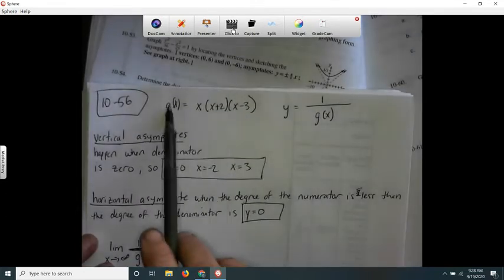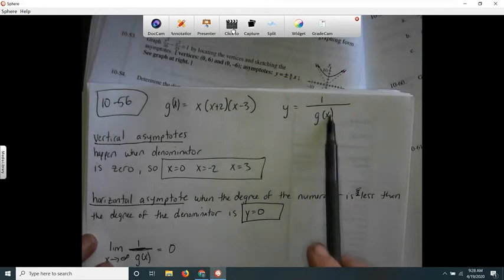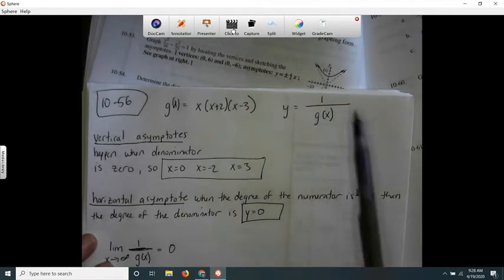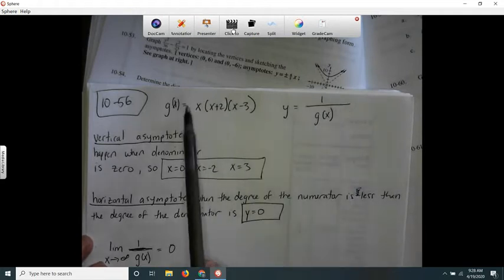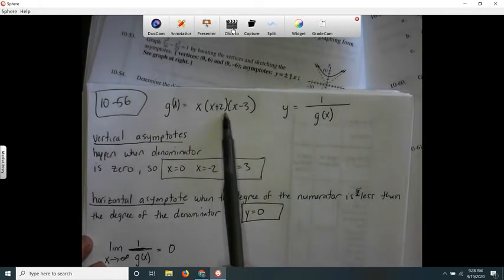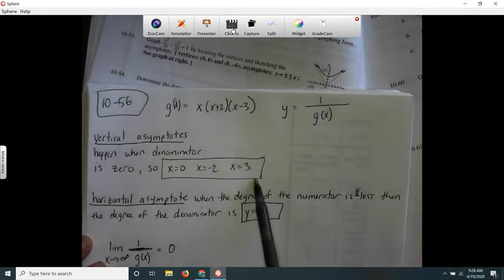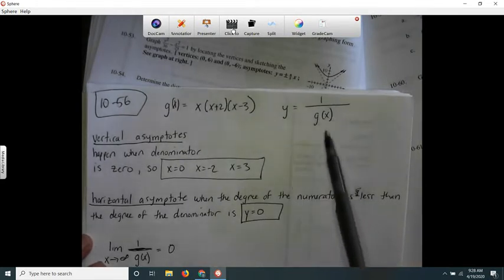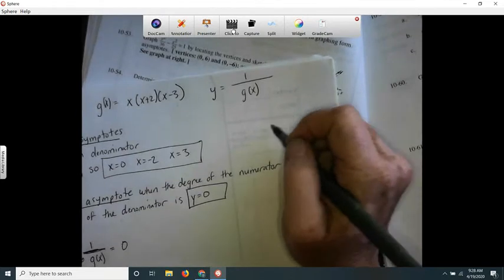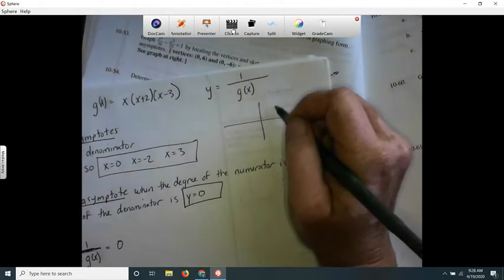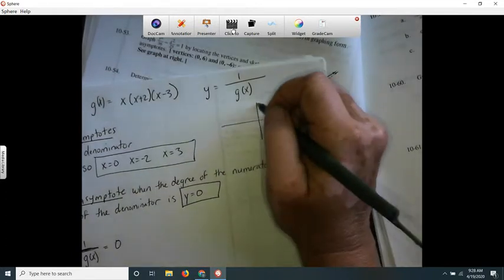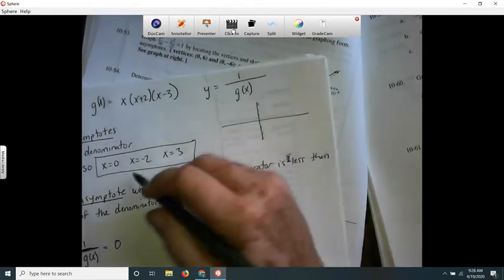If I put g of x in this denominator, there are certain numbers that will cause this denominator to equal 0, and those numbers would be 0, -2, and 3. So we can't divide by 0, so if I had a graph, I would have to make these asymptotes